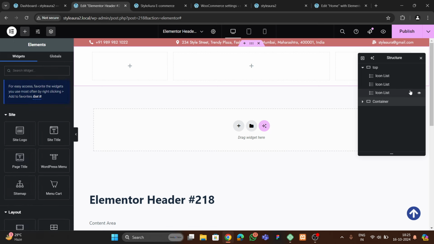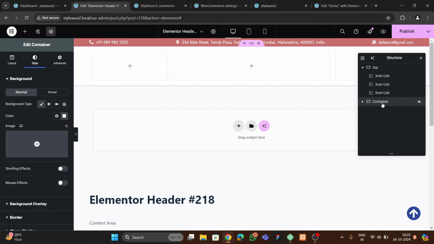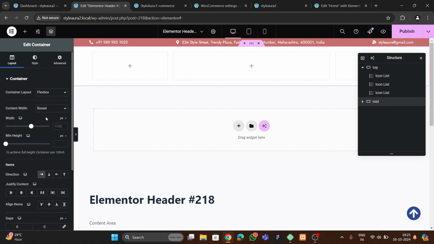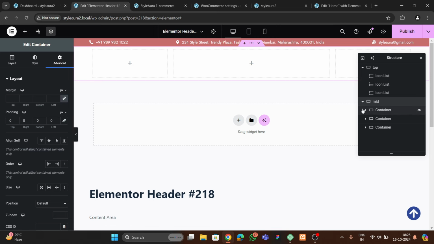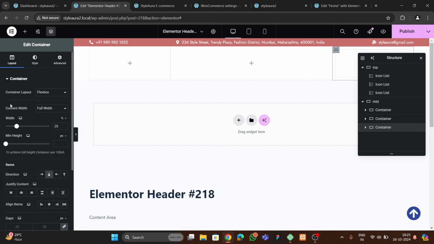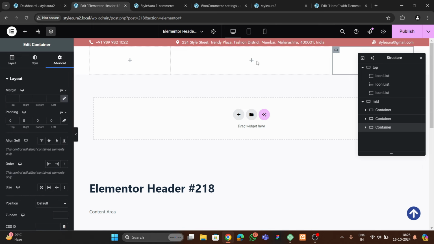Let's make this mid, and here we're gonna add 1400. Here we're gonna remove the padding also, and here too. We can also remove this padding. Let's remove this padding also. Okay, then